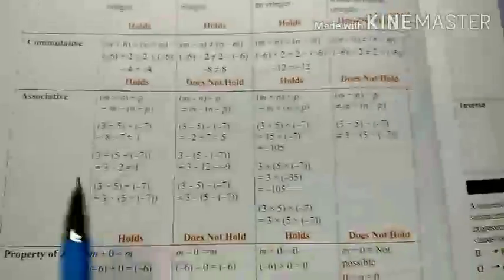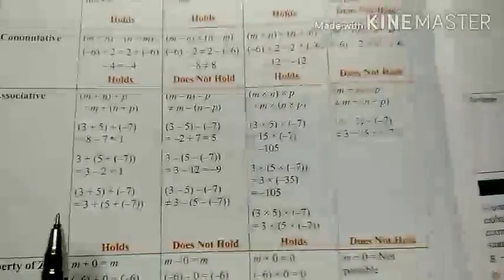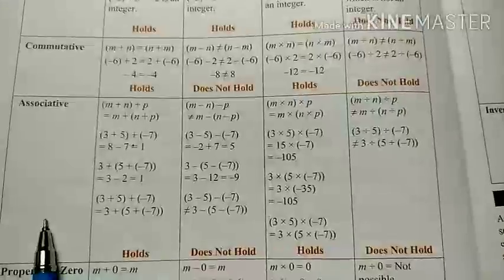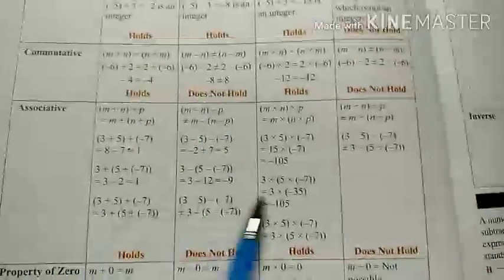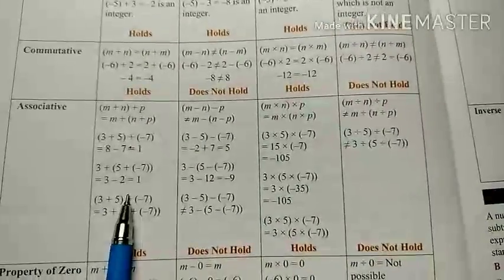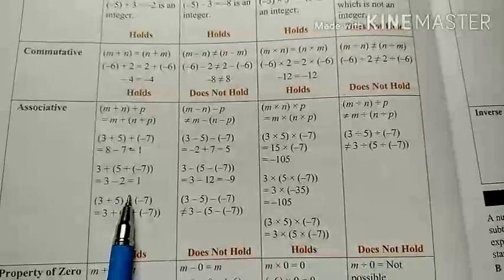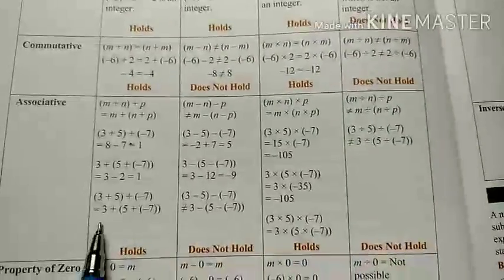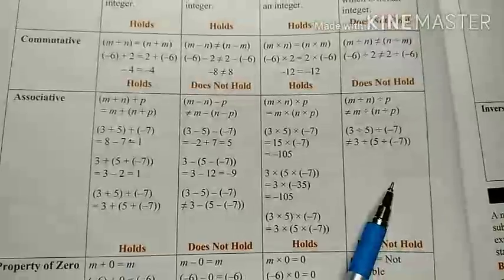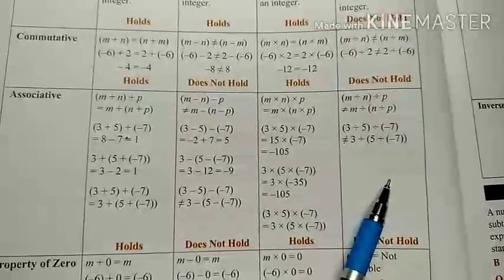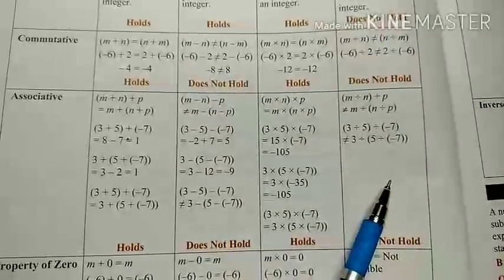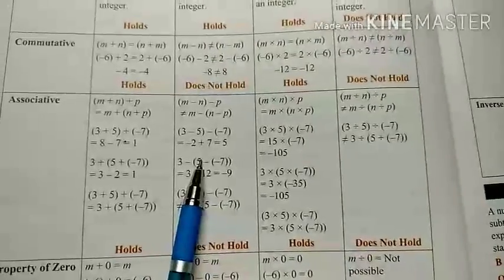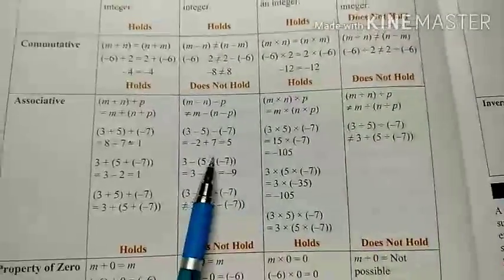Similarly, commutative property deals with two numbers, while associative property deals with three or more numbers. Addition and multiplication are true for associative property of integers, but it does not hold for subtraction and division. In division the condition is the same, you can't interchange numerator and denominator, and in subtraction the sign will be changed if you change the position of the number.